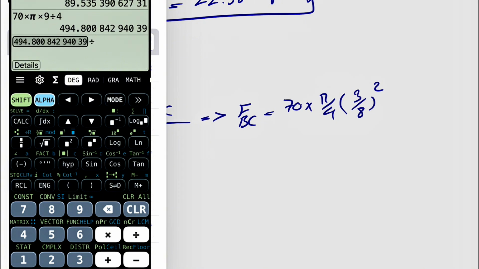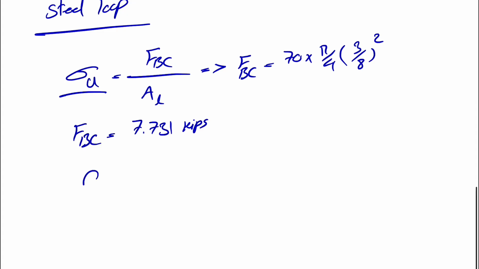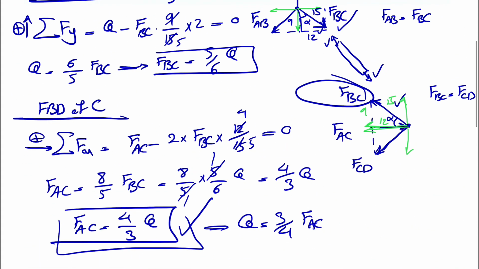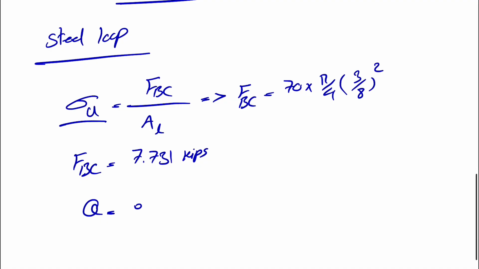Now we're going to divide that by 8 squared, or 64. That's going to give us 7.731 kips. But again, we are interested in Q, and we figured out that the Q is from the first part. The Q is 6/5 FBC. So 6/5 FBC